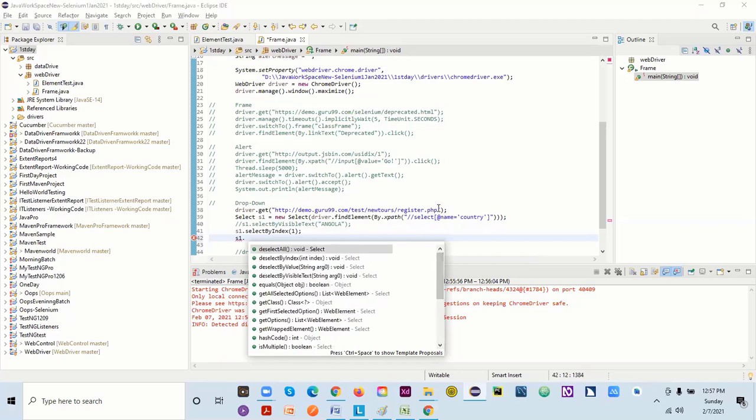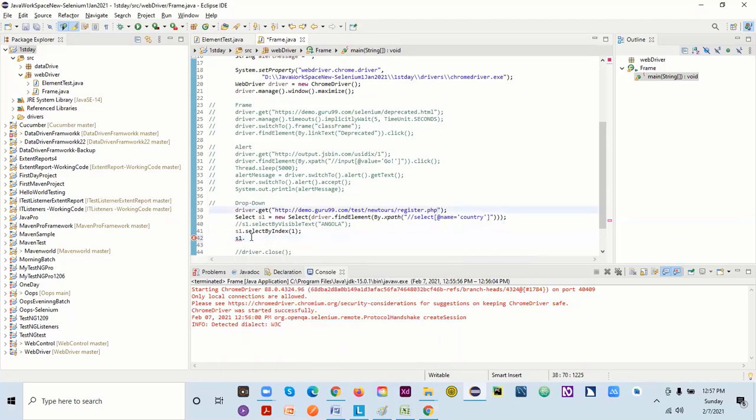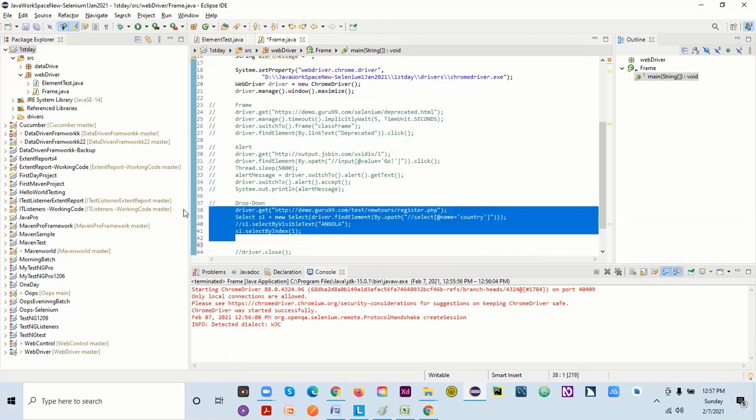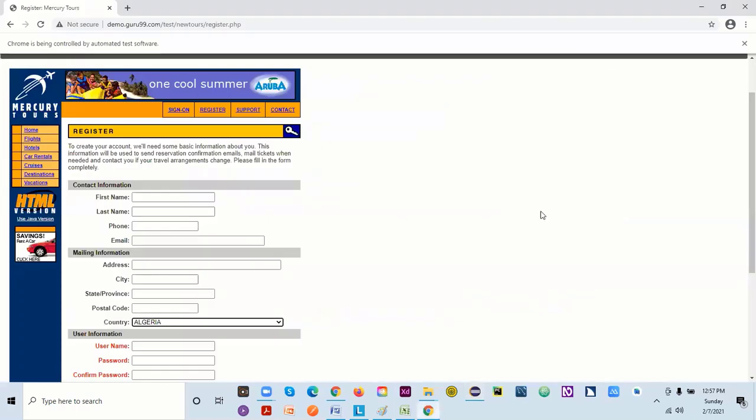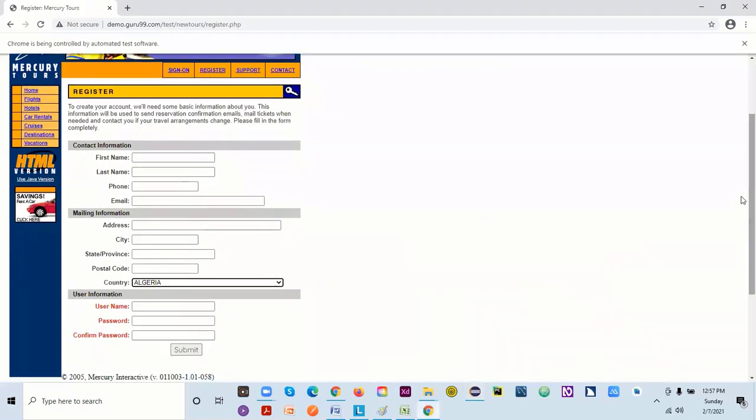Okay, all right, so these three things we just saw. Right, so now you are good with everything here. You have a text box, you have a drop down. Make sure, I'll be sharing this code with you. You have to enter everything in this, select the drop down, and click on submit.